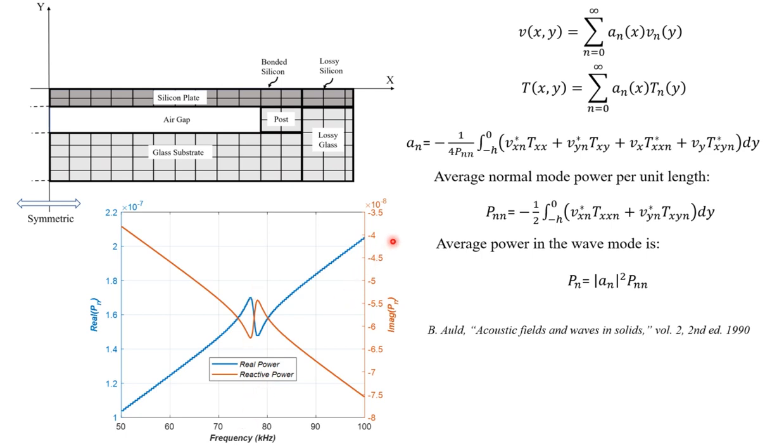And the reactive power, you can see on the other scale, is negative. What it means is that negative reactive power means you have a capacitive loading, right? And owing to the structure of CMUT, it's a capacitive load, but that is expected. But the power, when it starts vibrating, the power that it is coupling with frequency is increasing. Okay. So what I make out of this is that if you think of it in a circuit convention,